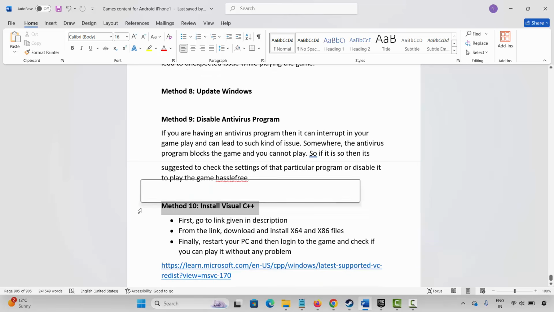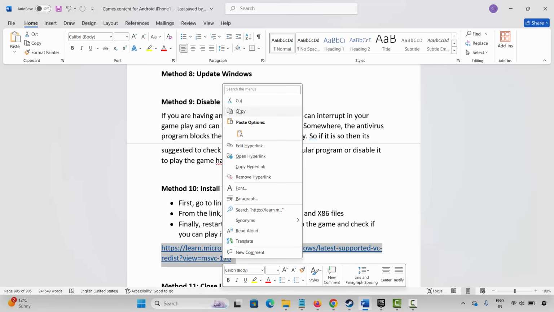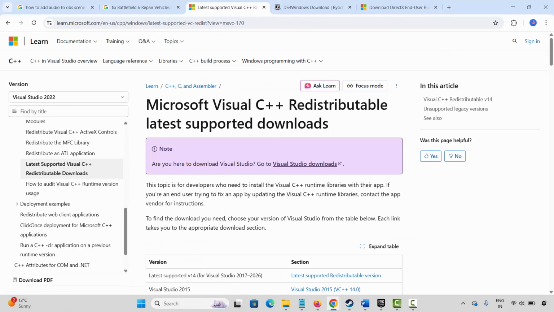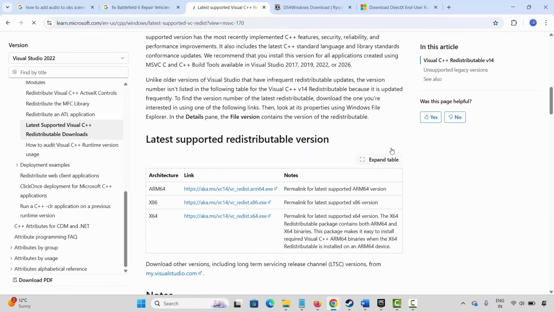Next solution is to install Visual C++ files. For that, I have already given this link in the description. You have to just copy and paste it in your browser. Once the website opens, go below. From here you have to download the Visual C++ files. After it is downloaded,